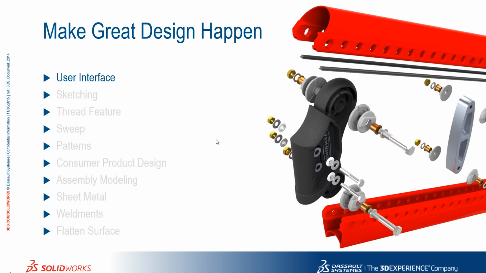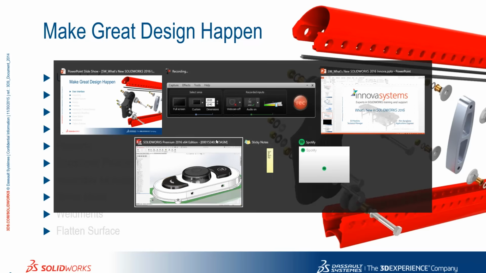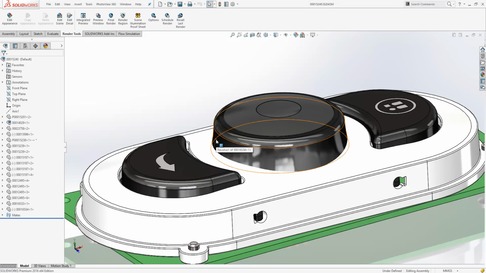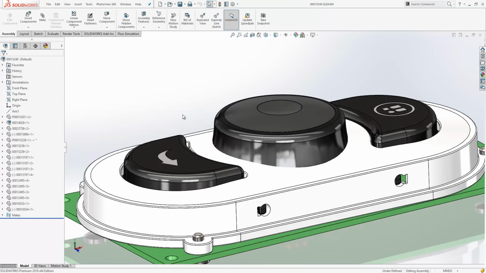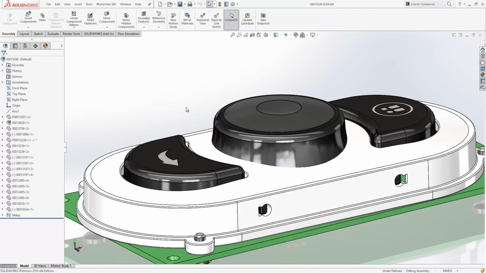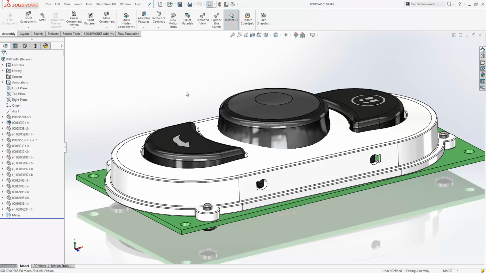So we'll go ahead and we'll take a look at the user interface now. So the first thing you'll probably notice when we jump into SOLIDWORKS 2016 is that the interface has been updated. There's a couple of reasons for this. One is the interface that we have had has been around in its current form probably since around 2008. And the icon set that we had at that point was originally developed for Windows XP and used a very